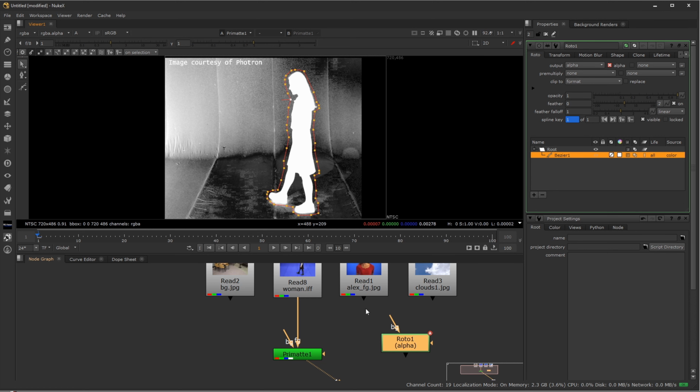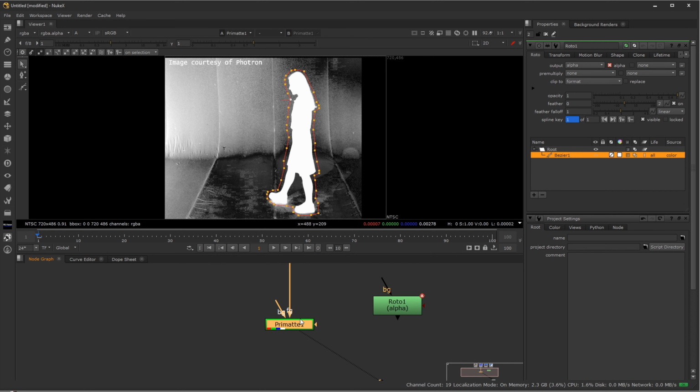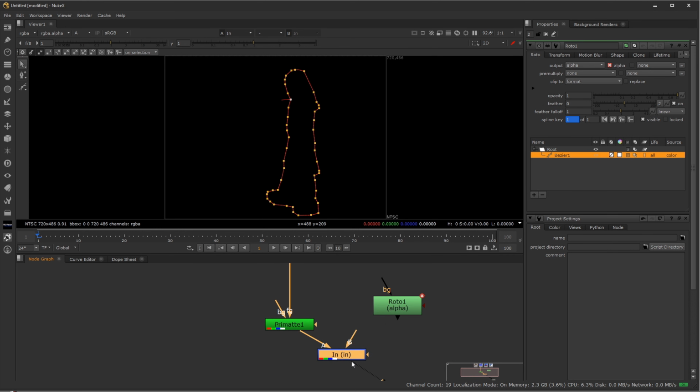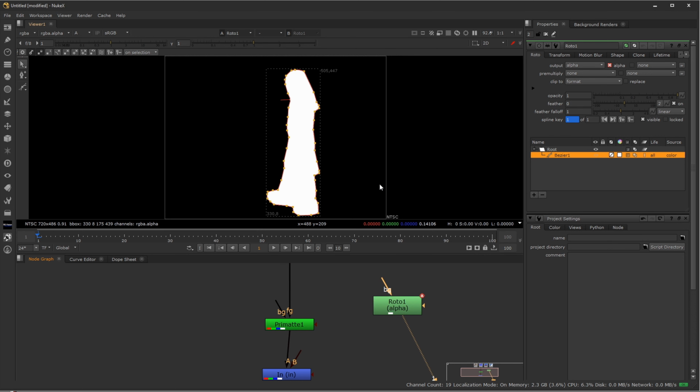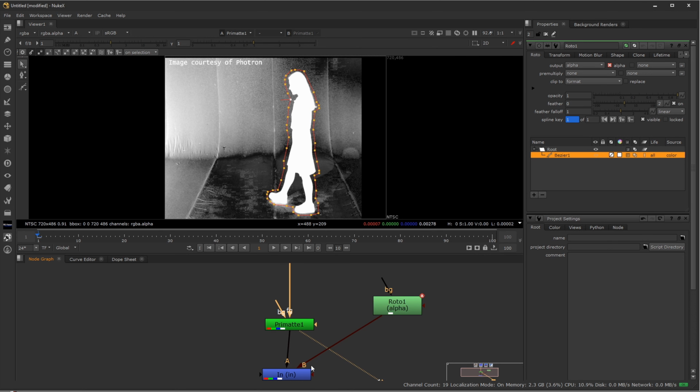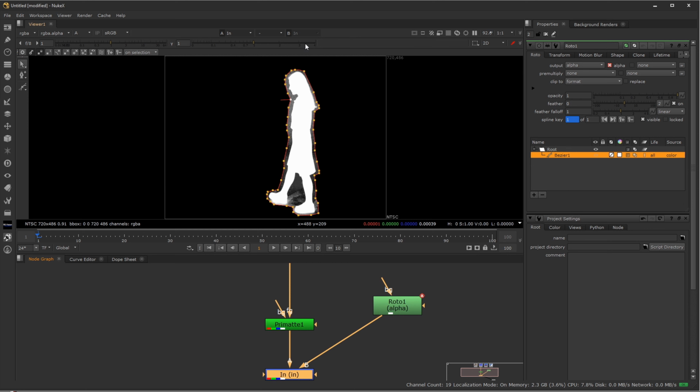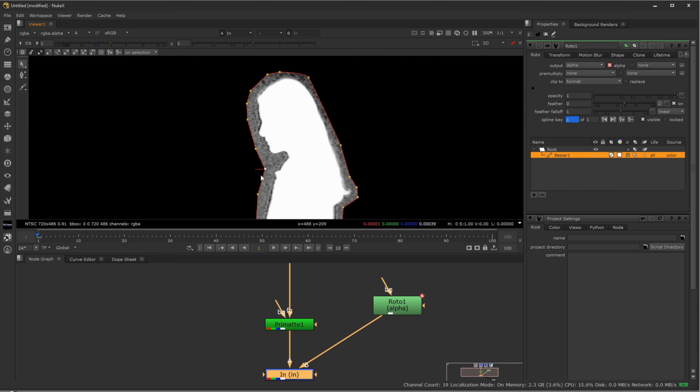But all right, so with that done, I'll press F to fit that. I have to do H to fill. I'm going to go ahead and cut out and get rid of all the rest of this. So the Primatte node, unlike the Keylight node, does not have a garbage matte input or an outer matte input. So after the Primatte node, I'm going to press Tab and type in, and that's in merges. Basically, I'm going to say A, which is our Primatte, is kept inside of B, which is our roto shape. So if I plug this in and view it, we've gotten rid of all that extra gunk that was out here,